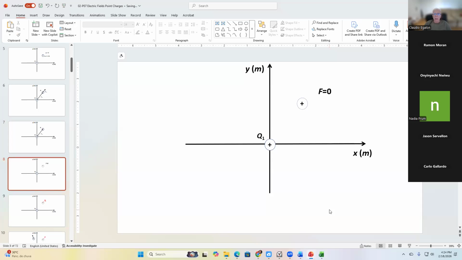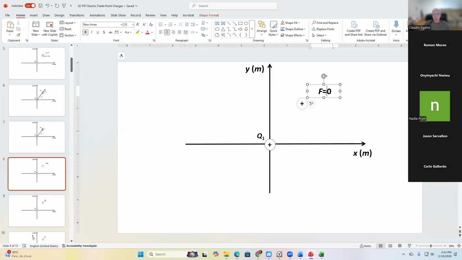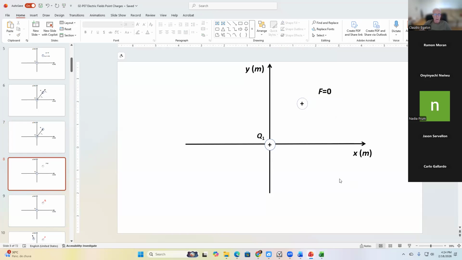Now, if we eliminate this test charge from that very spot that you see, what's going to happen? The electric force is going to disappear. The electric force is going to be 0. Do you agree with that? But we do know that something else is left behind. And this something else is the electric field. And that's how we obtain the direction of the electric field, by considering a positive test charge in that spot